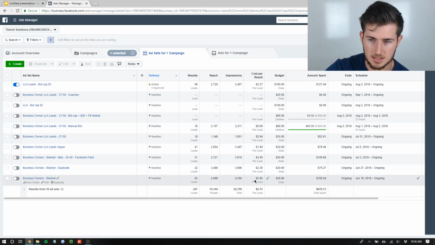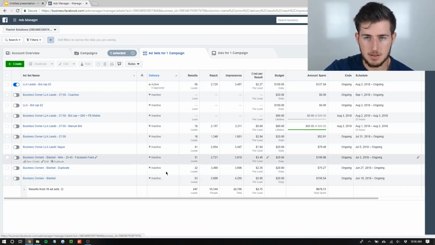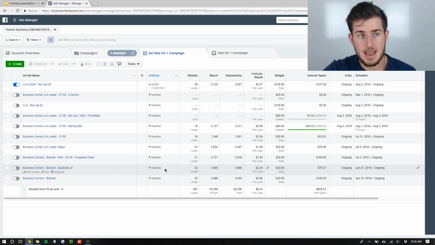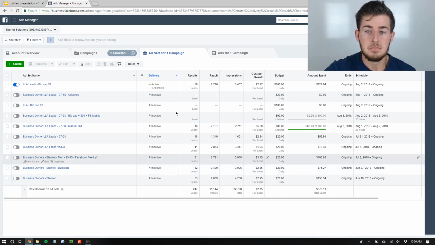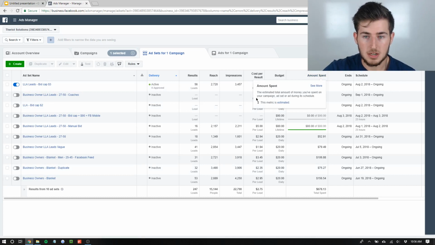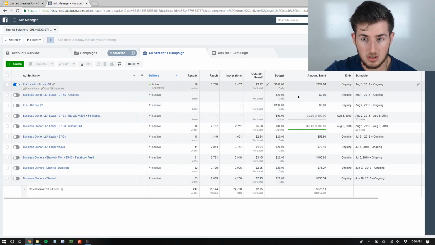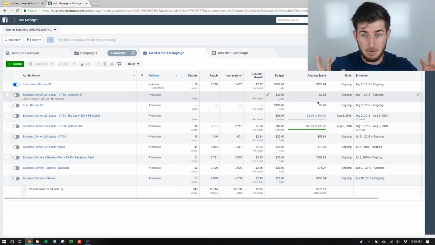Then I was able to tell Facebook, hey, I don't want to spend more than $3 for someone to download this thing, and I will not pay you more than $3. So Facebook is only finding me conversions below $3 and allowed me to pump this budget up to about $100 a day. Now, if you were to use automatic without a bid cap and you put $100 a day, on days that Facebook can't find conversions below $3, it might be spending maybe $50 for one conversion. I don't want to spend that much money. I want to try to keep this lean